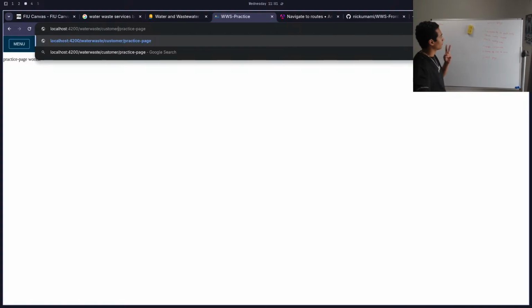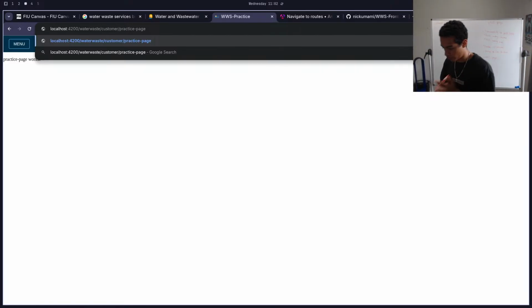Because then I have two arrays. When I have pages, let's check what routes I have, right? I have two different arrays of routes, right? So imagine all these routes are just arrays of pages that they can go to. So this customer and pages, they're two different arrays with possible routes that the user can go to. I want the system to check both. I want the system to check both routes to see